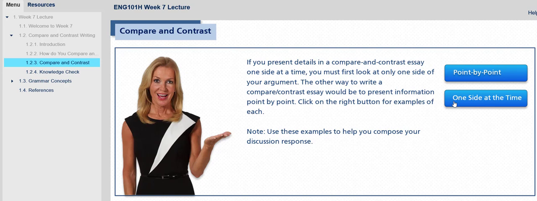And remember that each paragraph still needs to have 5 to 7 sentences. Same thing in the second half of the Week 6 instructor session. So if you're able to be concise, then I suggest you use the one side at a time method. If you tend to talk on and on like me, then you would use the point-by-point method, in which each point, food, culture, monuments, gets its own paragraph. That's the difference, okay? So here's an example